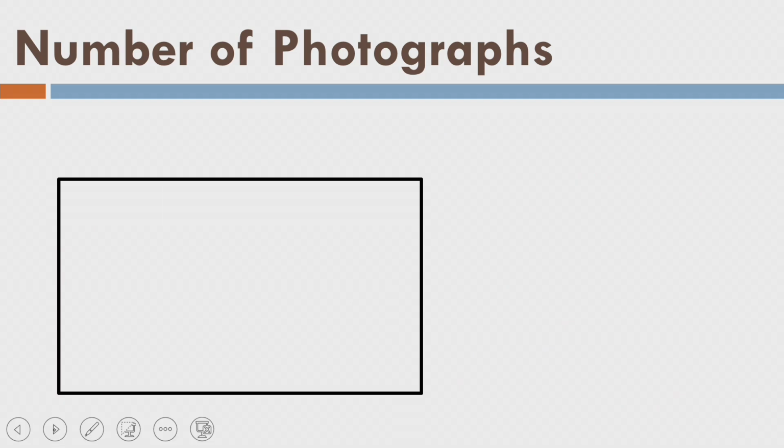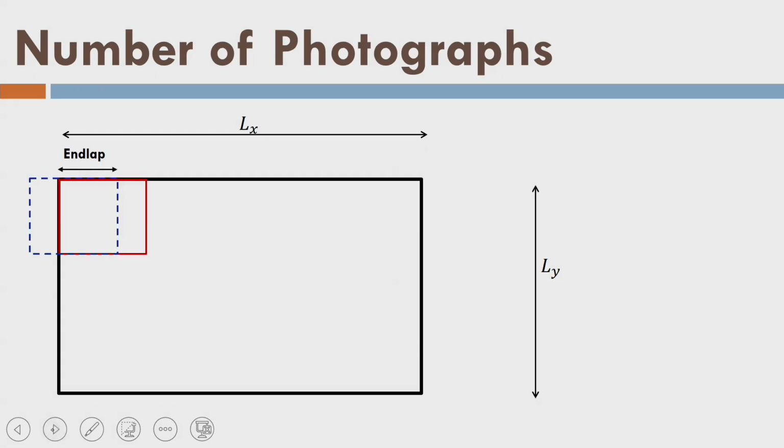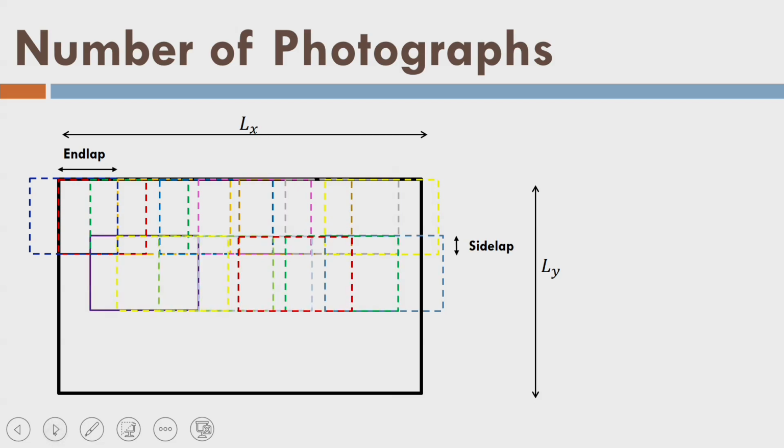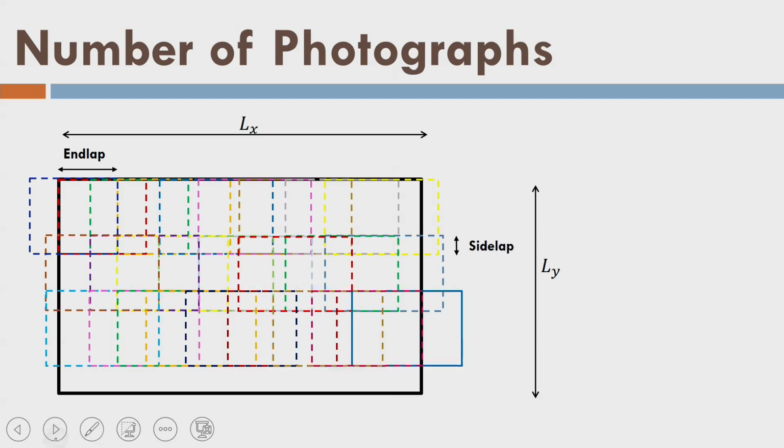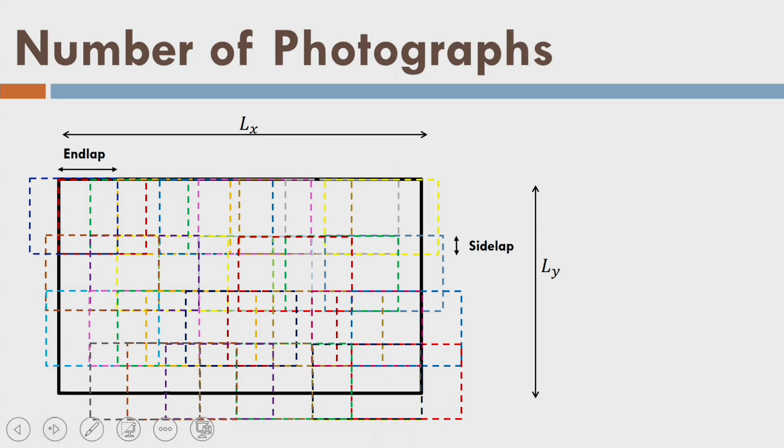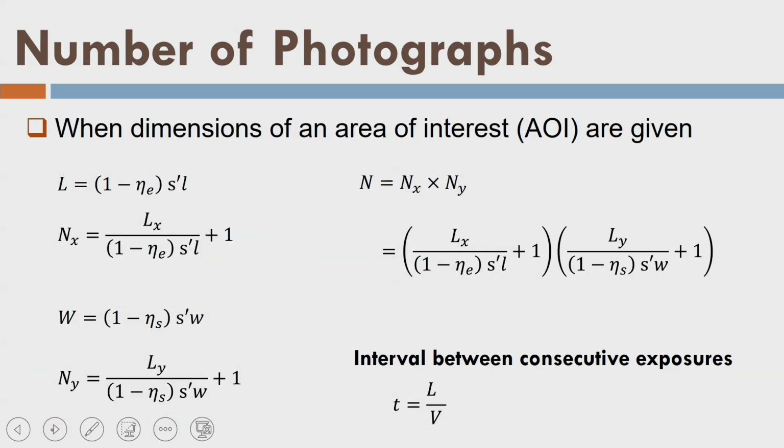Okay, number of photographs, when the situation is again slightly different here. Let us say length is given to me instead of area. So then this is the way we again will cover the photographs. Yes, so we have covered all the photographs. So let us go to the next slide, where I write this is the effective length covered on the ground. Similarly, I can write the effective width covered by one photograph on the ground.